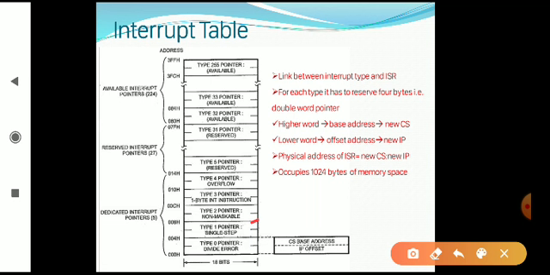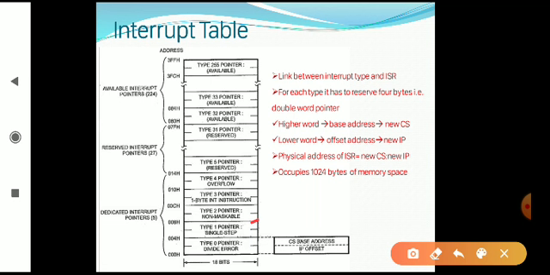Then the fourth category is INT3, the breakpoint interrupt. This interrupt is used to cause a breakpoint in a program, and it is used in a big program for debugging purposes, right?